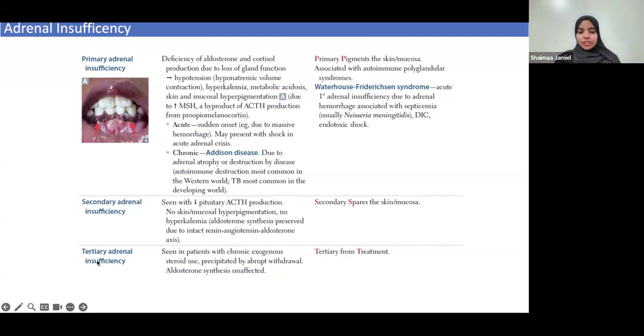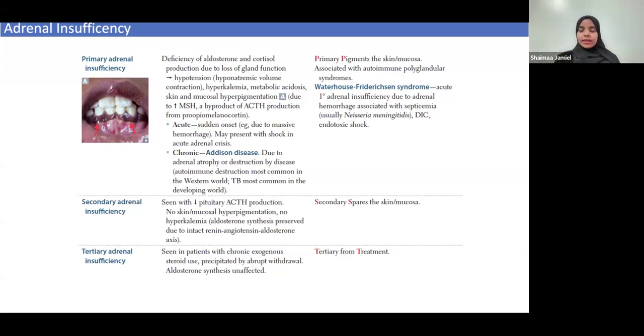Then we have the tertiary. So tertiary, now the problem goes even higher up in the hypothalamus. Usually, this is due to a person who took cortisol or external steroids for a very long time and then suddenly stopped them. Because while he was taking the cortisol, there was constant inhibition on the CRH and ACTH. When they suddenly stopped them, there was no release, and therefore they're going to have